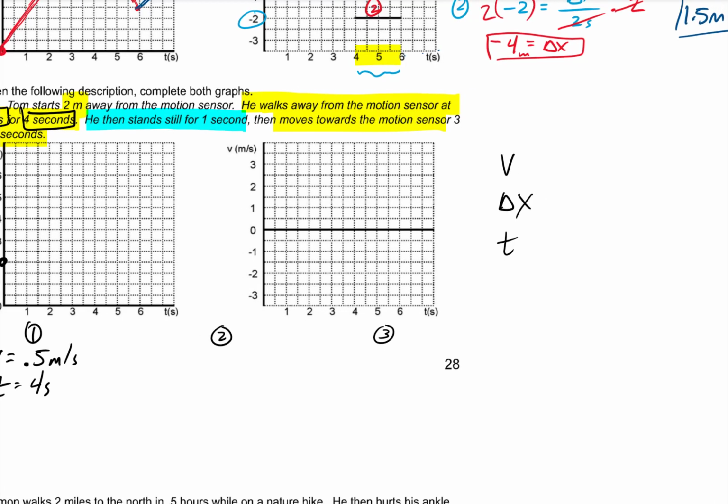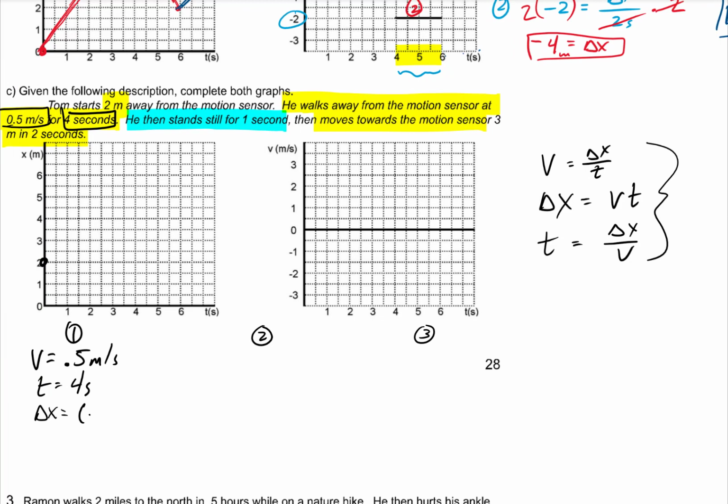So from what we were seeing before, velocity is delta x over time. Multiply both sides by time, and we get delta x is velocity times time. Divide both sides by velocity, and we see that time is delta x over the velocity. There's another video where we talked about how to get all 3 of those. You really do need to know how to do that. But to get our delta x,